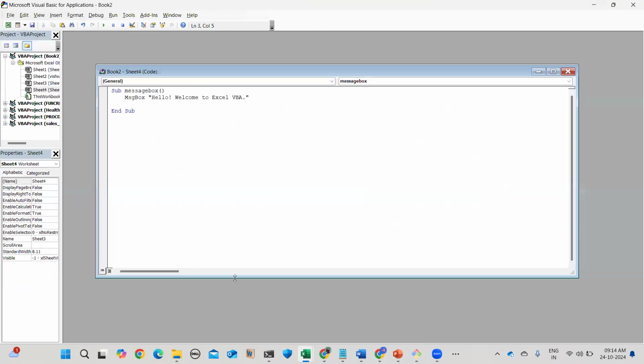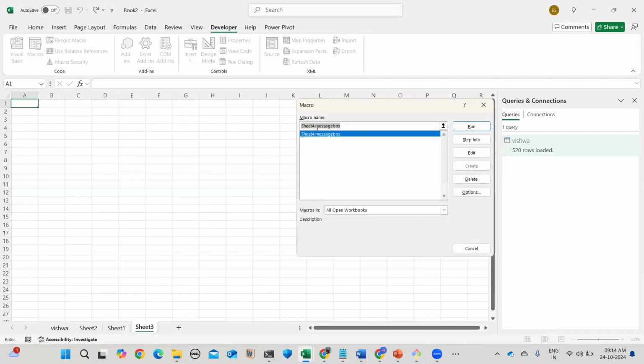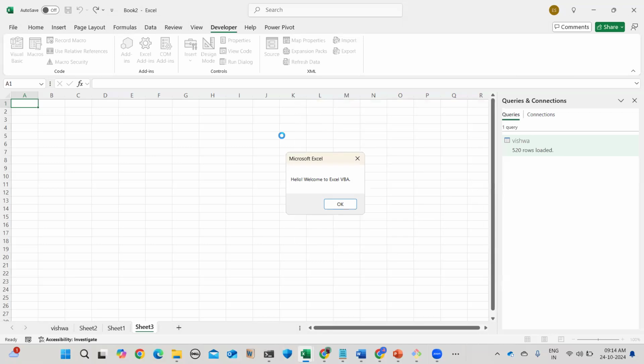If I go here in the Excel sheet, under macros, I have all recorded here. MessageBox is a code name, in the sense the subroutine name. So if I want to run it again, I can run it, and it will appear here. Likewise,